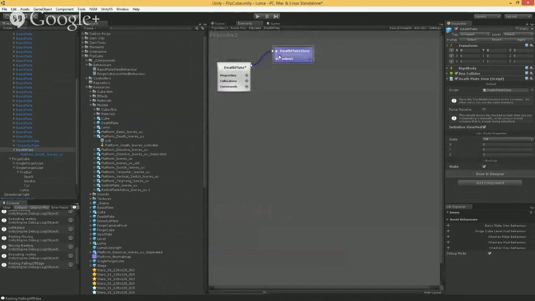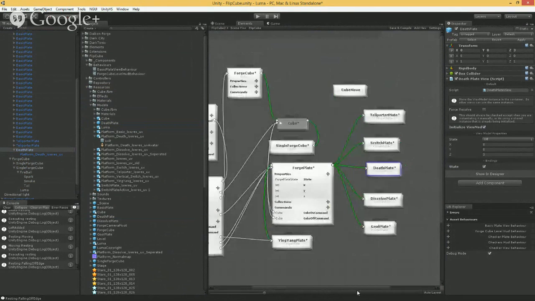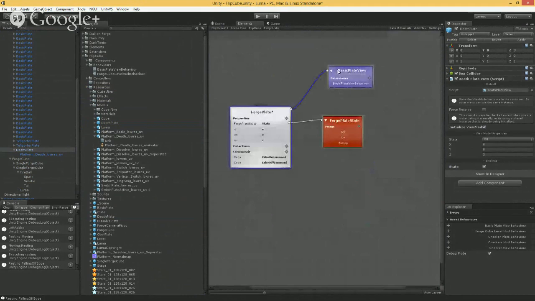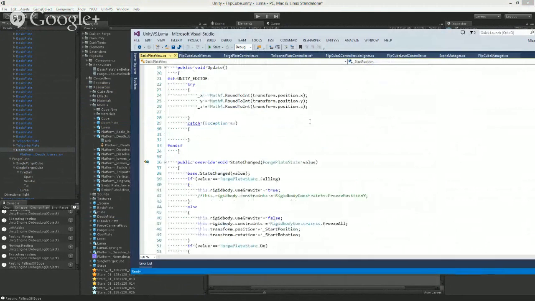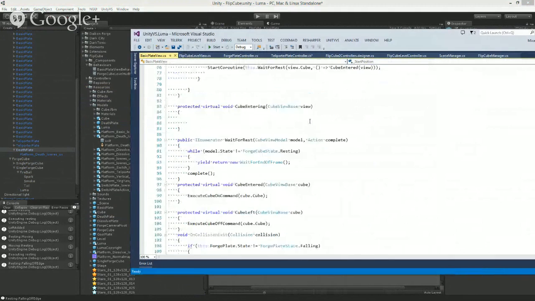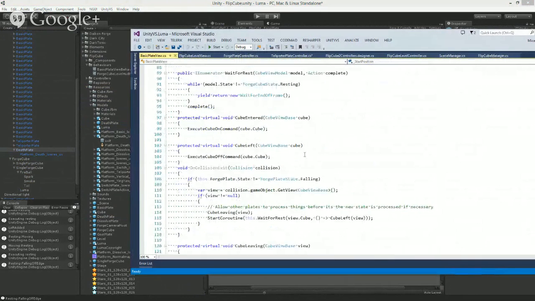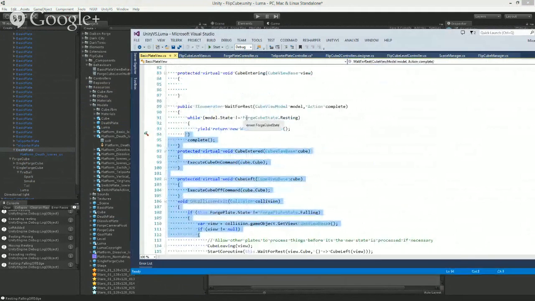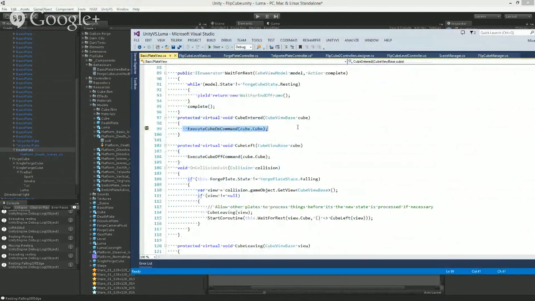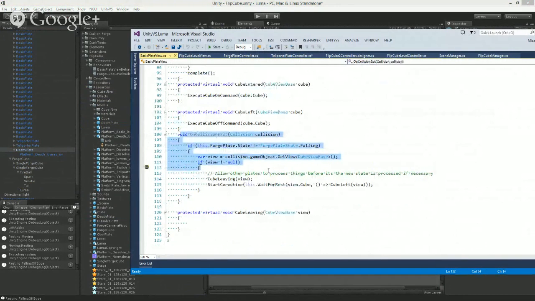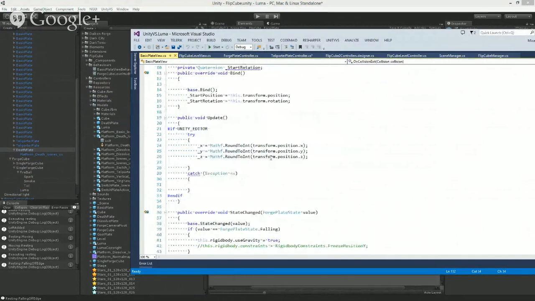In my elements, you can see I've derived it from basic plate view. I went into base view, basic plate view, and I'm able to do that simply because my forge plate has this basic plate view already on it. And this has some basic events for when the cube is entered. It calls execute cube on command, cube left, execute cube off, and these are just happening from on collision enter and on collision exit. It does some of the plumbing that all of the plates are going to use,